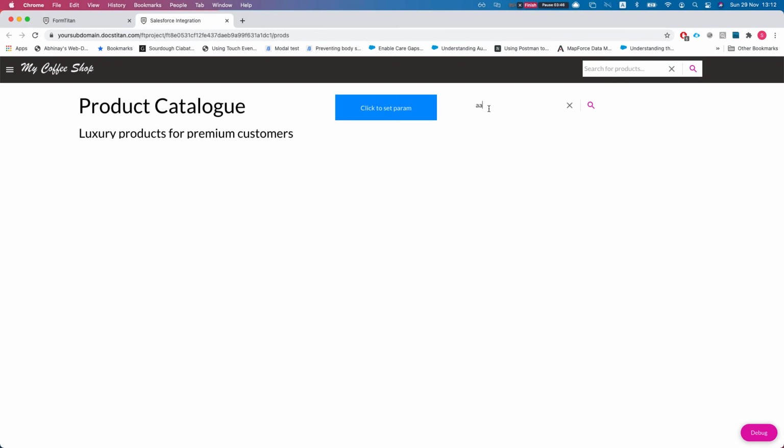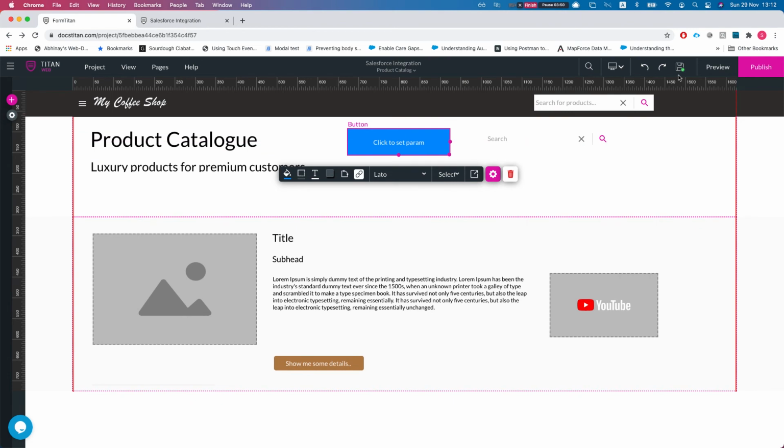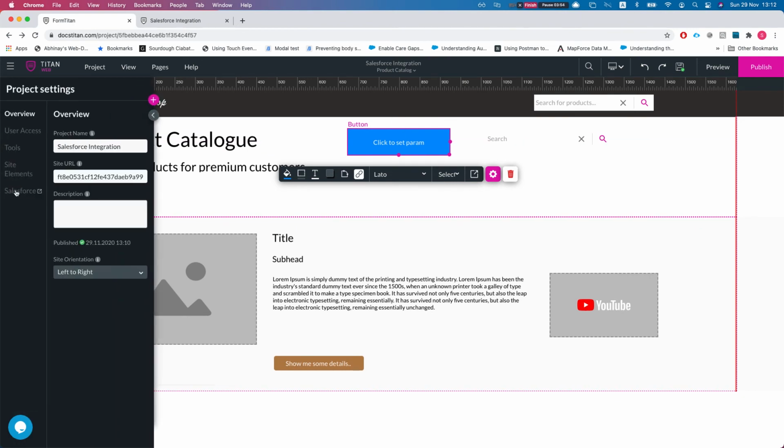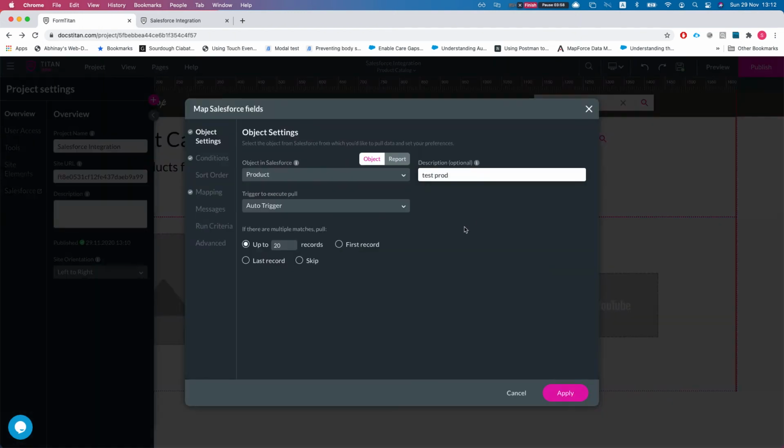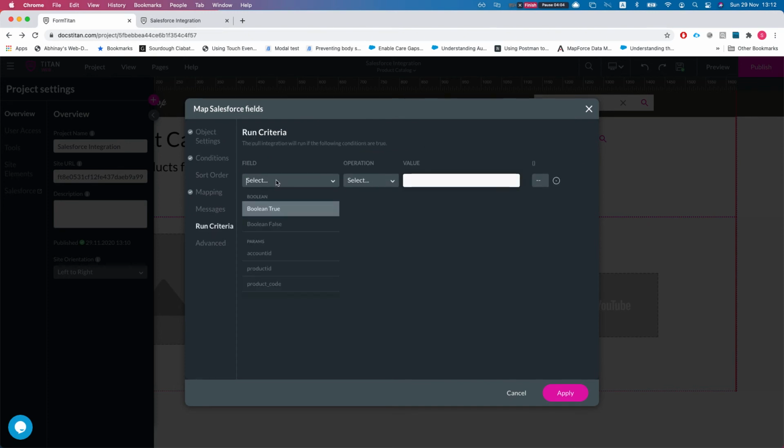Okay, so let's just set this up. So this is why we have the run criteria. We're going to head back to Salesforce, and it's as simple as, let's head over to the get, and we will take a look at the run criteria, and let's add a field. This will give you whatever fields you have on your project. You can select them and then make an operation on it. So in our instance, what we want to do is product code